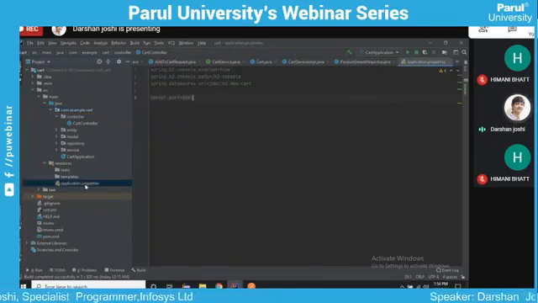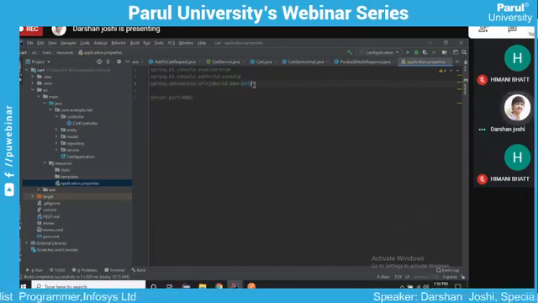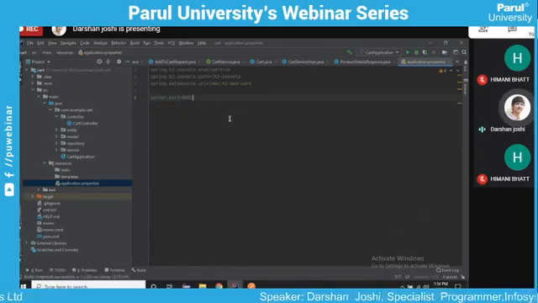Before we run this application, I've created a new database called cart, and I've mentioned the server port. This is how you can change the port of the Tomcat server. Since this product application is running on port 8080, which is the default port, we can't run another application on the same port.